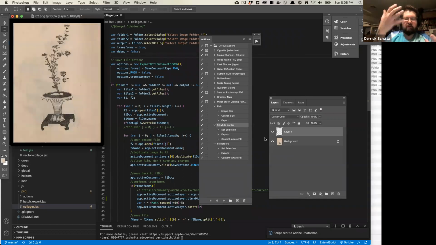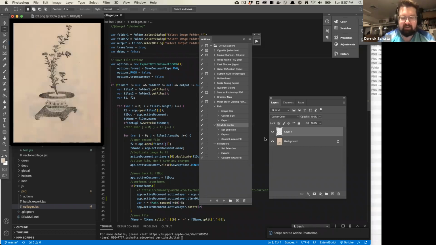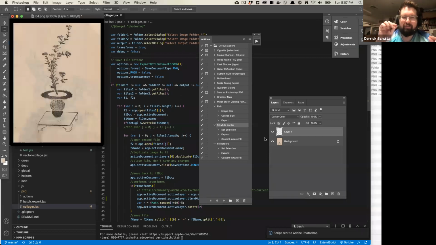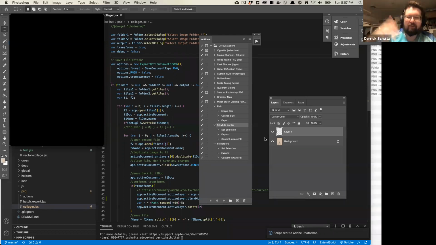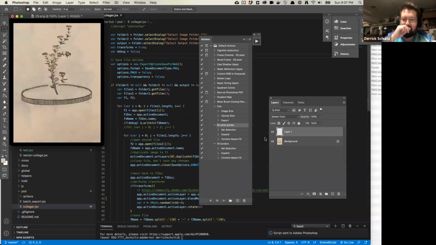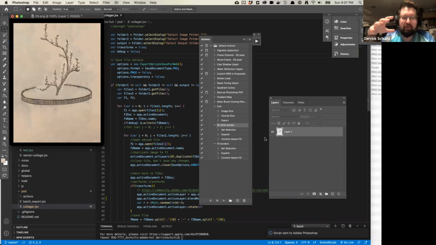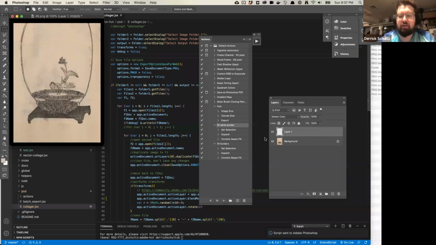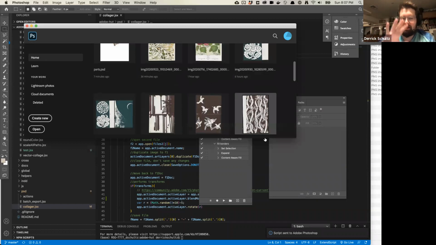So you can actually see it operating, right? It's opening this file, doing some things, closing the file, opening the next file. This is what's nice, you can watch it work. A really strong tip I have for you is to start with a very small amount of files. Maybe start with one file in each folder, so that if it breaks, you're not spinning through many, many files. So start small. Then next I would do this for a bunch of other images, maybe 20, maybe 50, maybe 100, and that would give me the entire process.